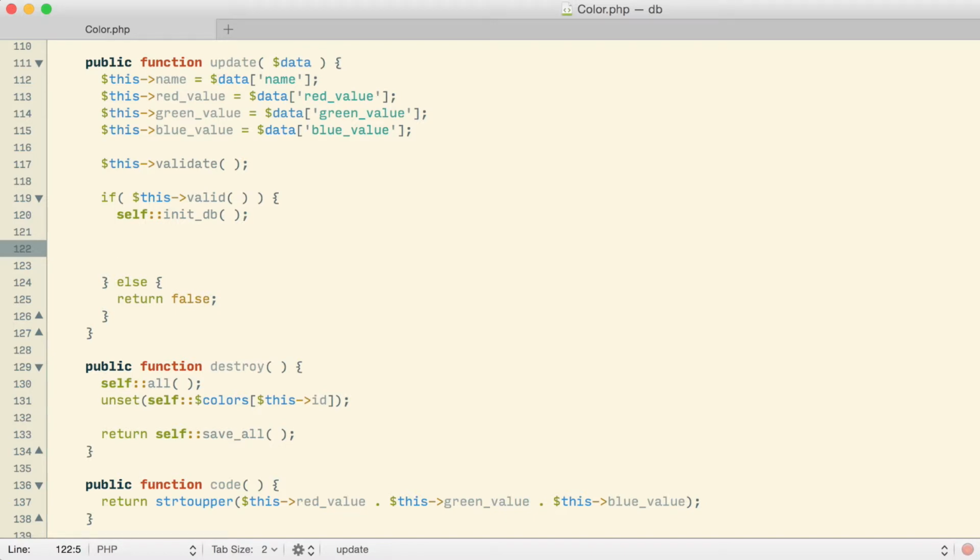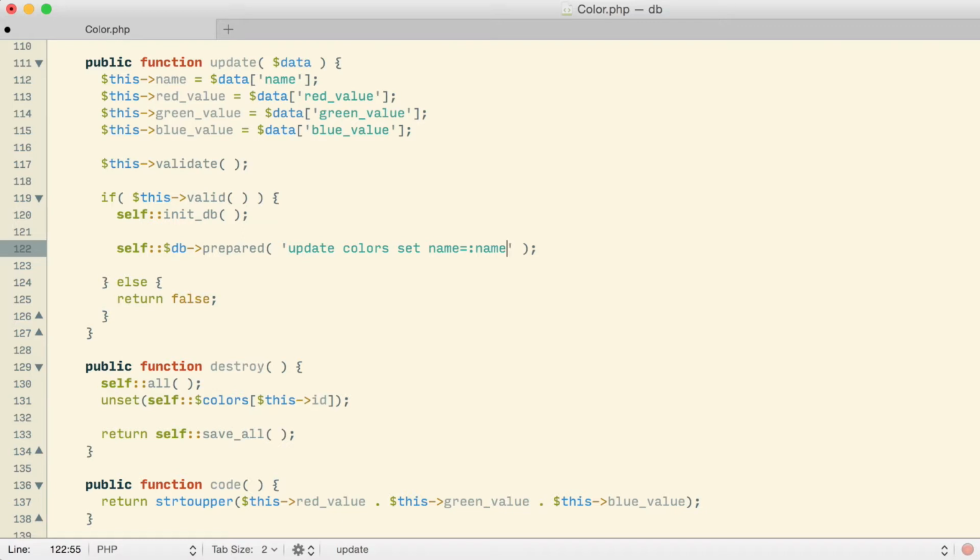And then I'm going to want to put together a query to actually update the data. So I'm going to do something like self db, and I'm again going to do a prepared statement for the safety that's in it. The prepared statement itself is going to need to look something like update colors set, and then I'm going to need to put in a set of values that I want. So I'm going to need to do something like, say, set name equal to, and I can use named placeholders here.